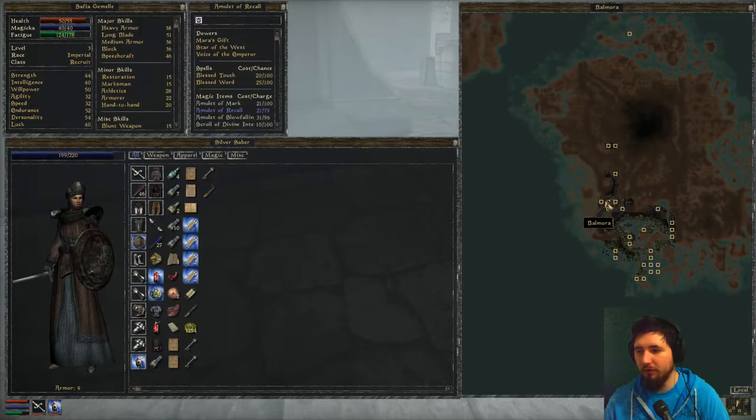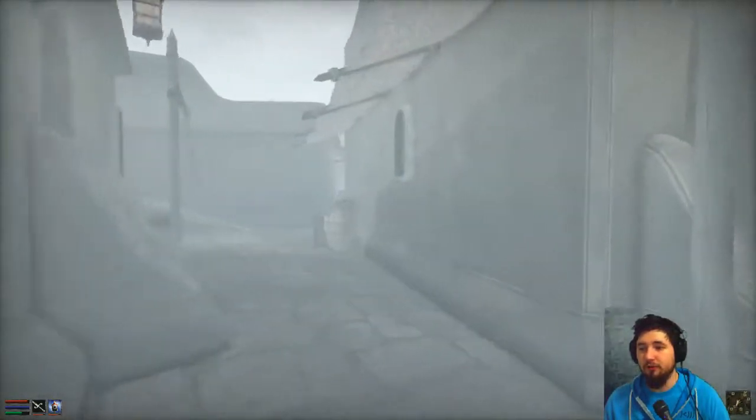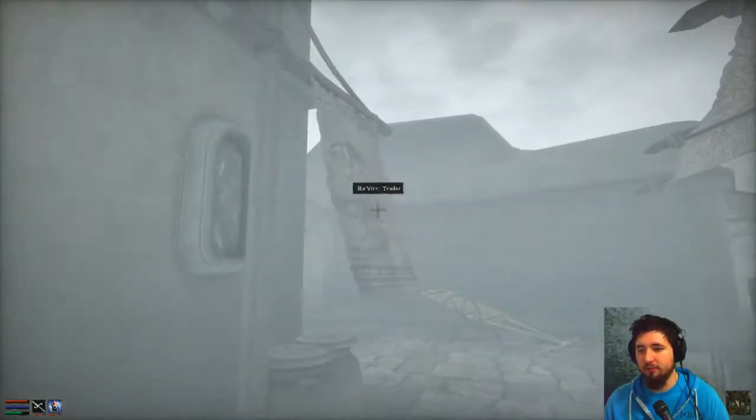We are going to take the Silt Strider down to Vivek, which will get us near the Foreign Quarter, where we can turn in our quest for the Fighters Guild, because they're in the Foreign Quarter. And then on our way back, we can walk up towards Pelagiad, and between Vivek and Pelagiad should be where this Fighters Guild quest takes us. But first...